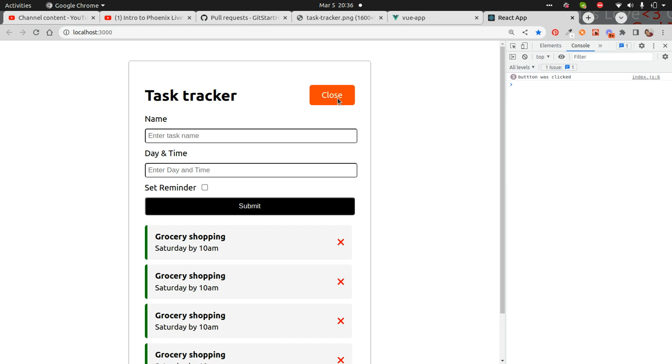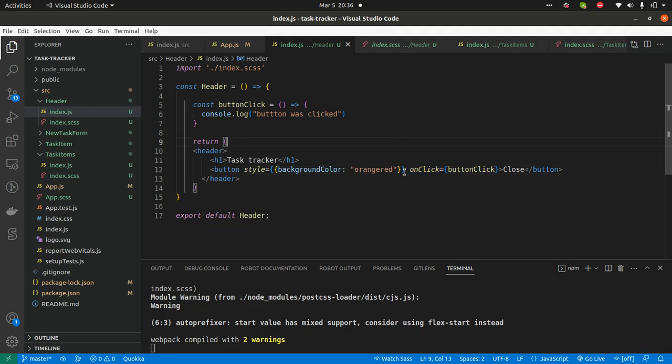The text is changed, right? To add task, and the text is changed. Okay, and also the color is also changed. So let's see how we can work on that before making the form disappear and appear. All right, so